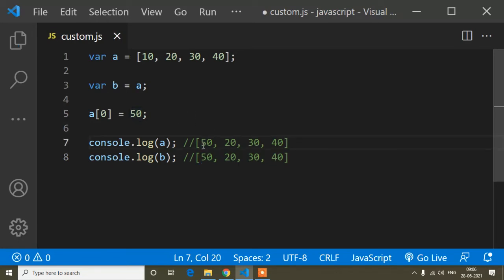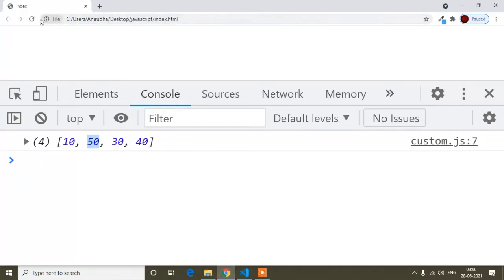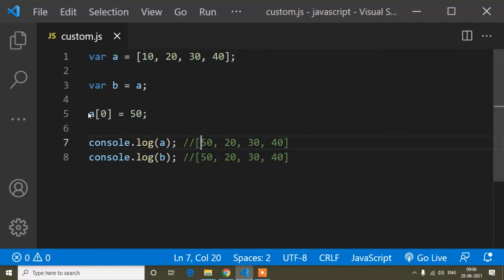Guys, I will save and refresh, and you can see it's returning 50, because here I changed a only, but it's changing b's value as well. It's reflecting in b.